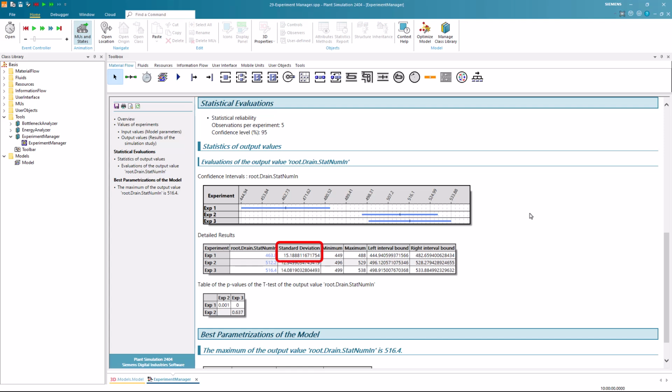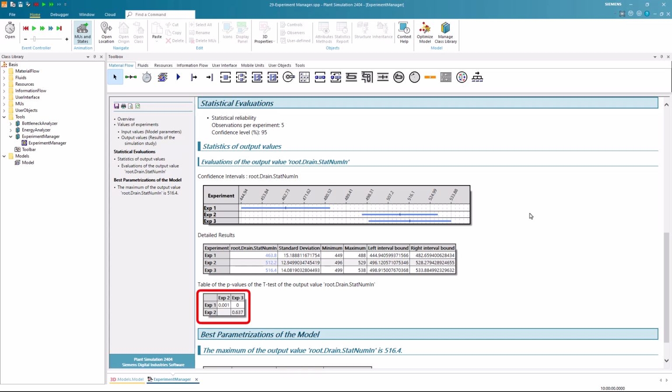A high standard deviation suggests significant variability and less stability in the model's predictions, indicating that the target values deviate considerably from the mean. Conversely, a low standard deviation suggests that values are closer to the mean, indicating more consistent and stable results. Then we can see the p-values of the t-test.